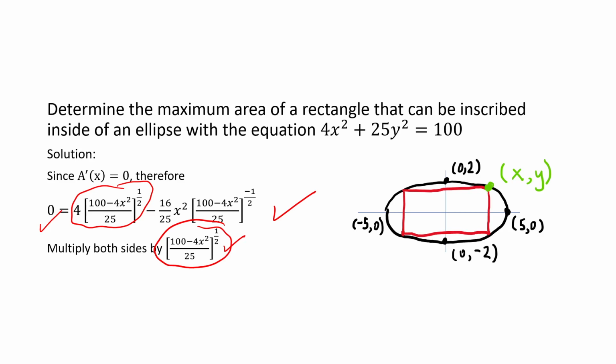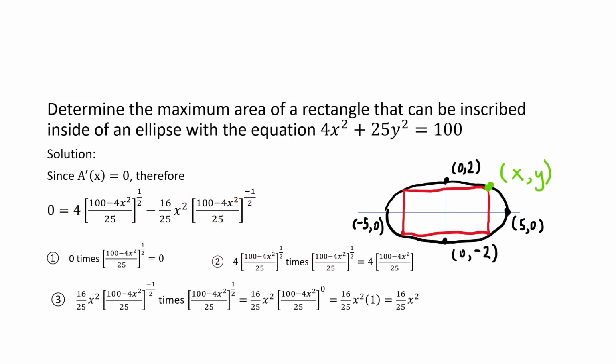When we multiply that circled expression right here by this other circled expression, we're going to get 4 times 100 minus 4x squared over 25. And then when we multiply this expression by this, the exponents of negative 1/2 and positive 1/2 will be added to give us 0, and it'll become 1. So multiplying both sides by that quantity, as shown at this bottom line here, will get us to where we want to go. So here it is shown for you. This is what you get when you multiply 0 by that quantity. This is what you get when you multiply